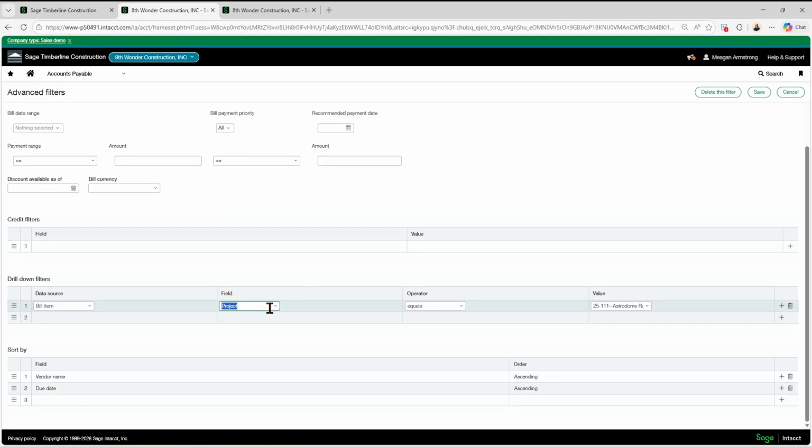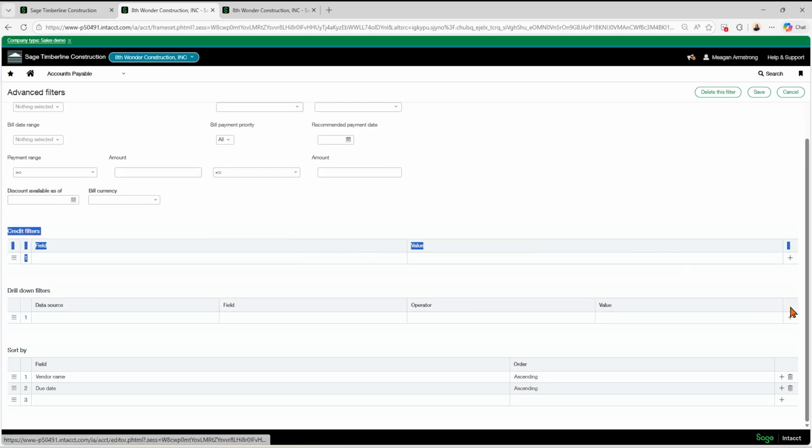But there are a lot of filters in this bill item because it's all of your dimensions. There are a lot of fields in here that you can drill down and filter by because it's every dimension, name and ID. So cost type, cost code, class, vendor, customer, if it's a 1099 or not. If you have multi-currency on, you've got the exchange rates and the base currencies as well.